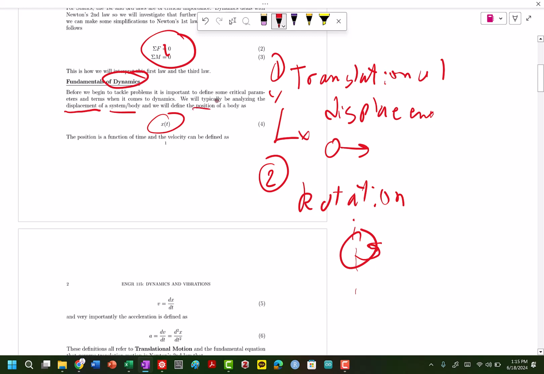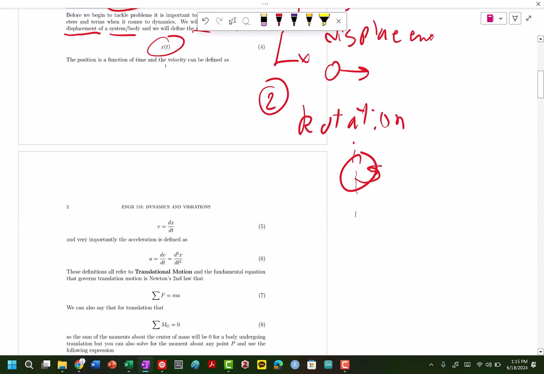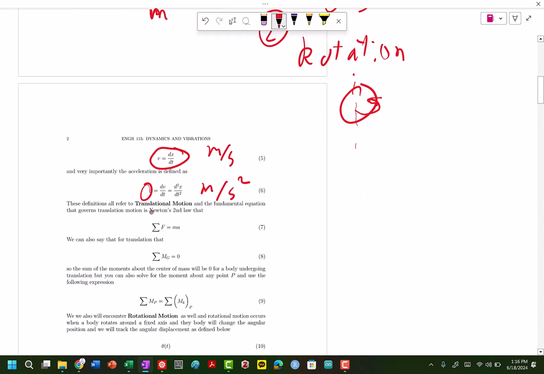So the position of the body as a function of time, x of t. We can define the velocity as the derivative of the displacement as a function of time. So obviously the position is going to be in meters. The velocity will be in meters per second, and then acceleration will be in meters per second squared. So again, acceleration is the derivative of velocity, or the second derivative of our displacement. So this is all translational motion, and the sum of the forces will be equal to